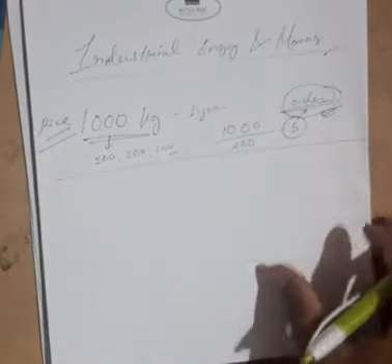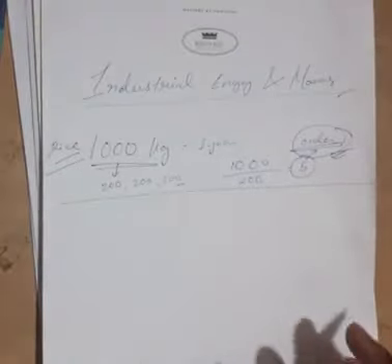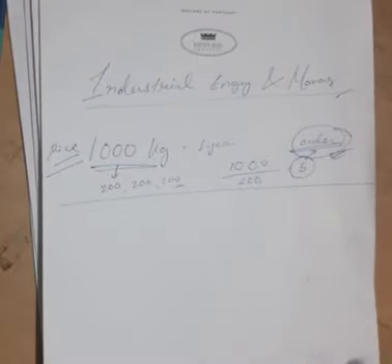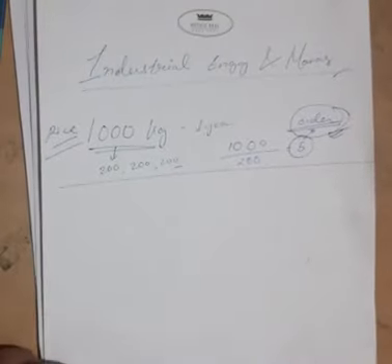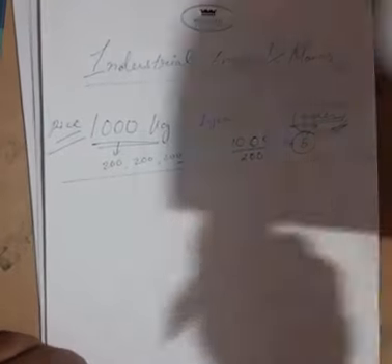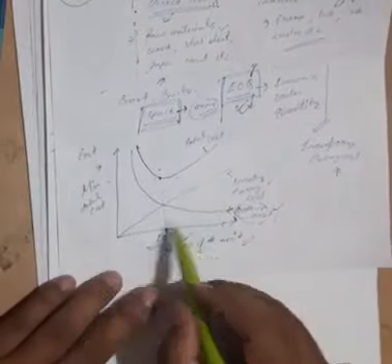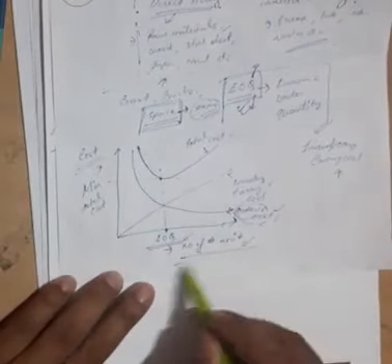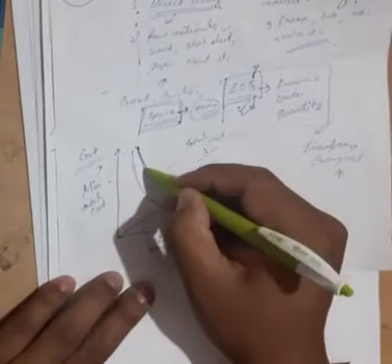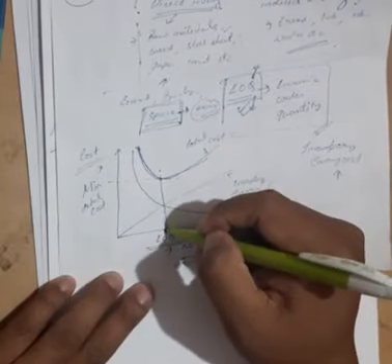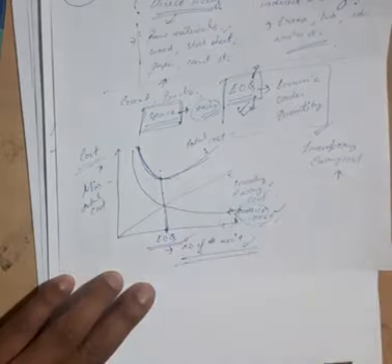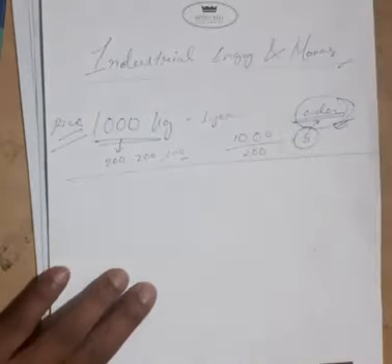So now I will go to the next topic, or rather, based on this, I will explain how to find the EOQ. I think you have already understood the relation between cost and quantity, what the total cost is, and what EOQ is. At EOQ, you will have the minimum inventory cost, isn't it?